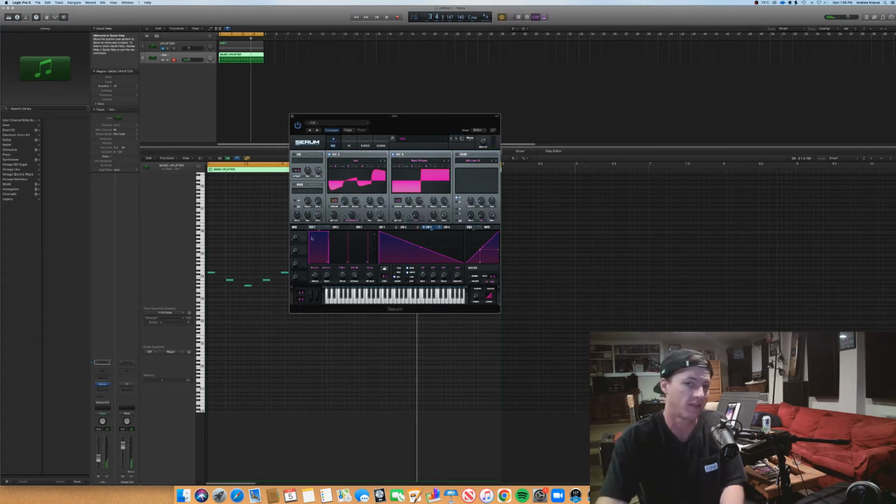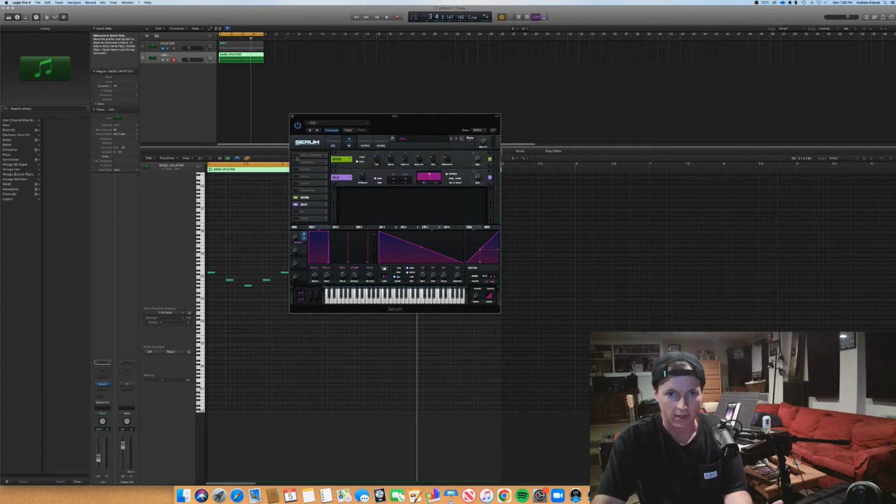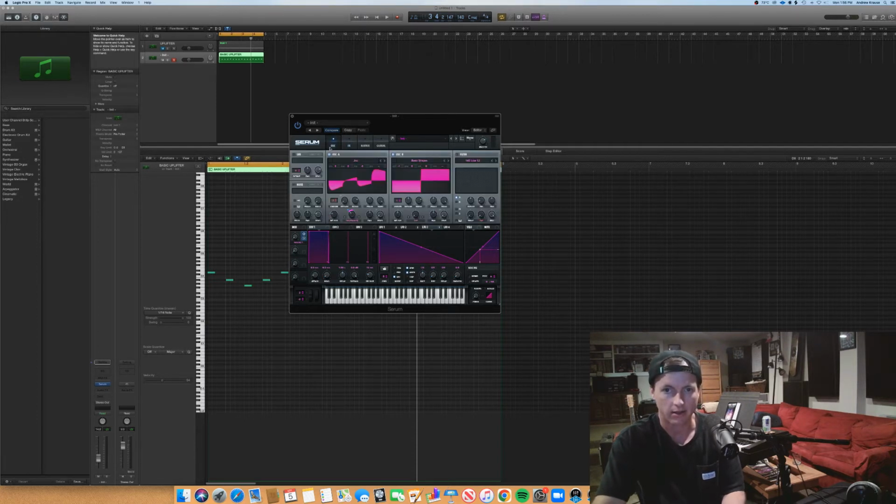Cool. So one fun thing to do when I'm done building a sound like this is I like to assign macros. This is somewhat new. So I'm going to tie that to the FM on oscillator A. I'm going to then bring up a distortion, and I will partially tie the drive to that, and then I'm fully going to tie the mix to that knob. All right, so now